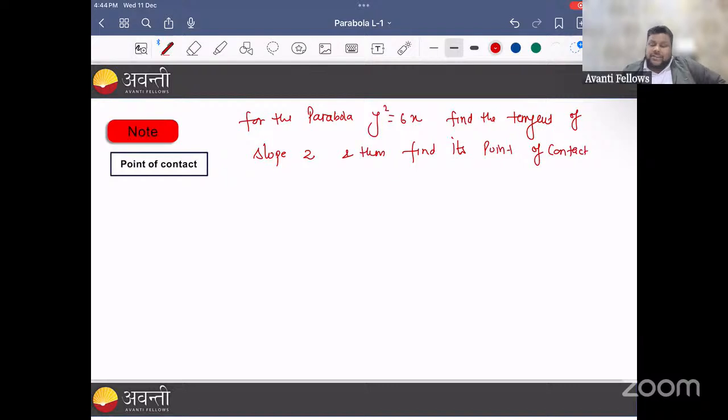For the parabola y square equals 6x, find the tangent of slope 2 and then find its point of contact. See, this parabola is assumed as 4a times x,